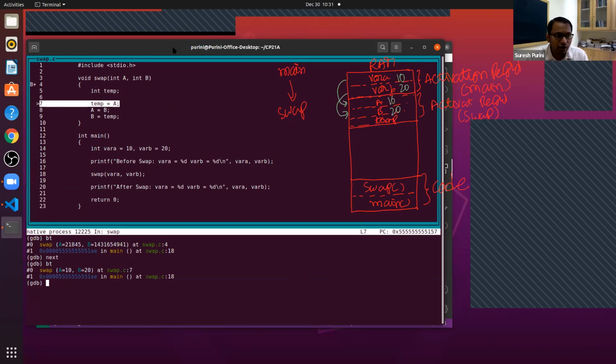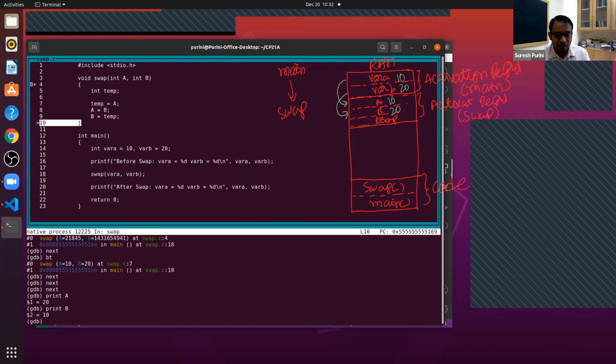So now when we go through this motion, when you execute the sequence of these 3 instructions, and if you do print A, it is 20, and print B is 10. So what happened? This 10 got overwritten with 20, and this became 10.